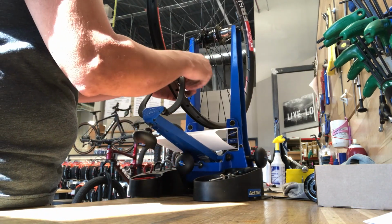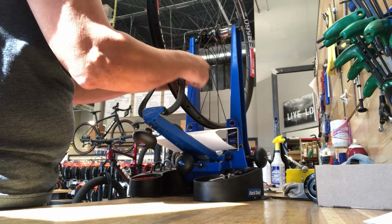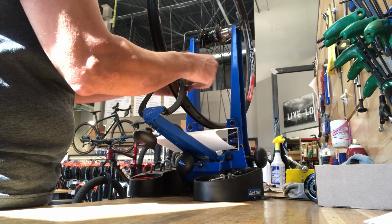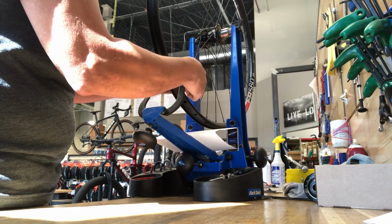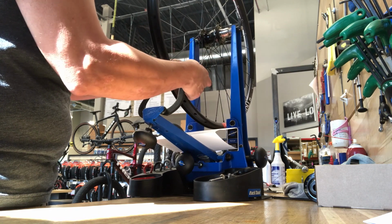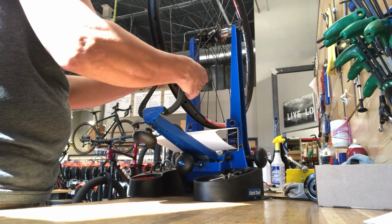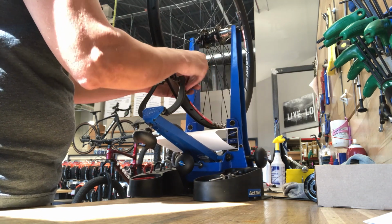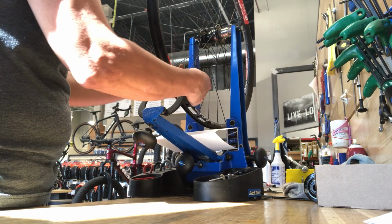So I'm going to be adding tension pretty evenly all the way around the wheel. On the drive side, I'm going to turn the spoke nipple maybe one full turn and then a half turn on the non-drive side, and that's going to bring everything up to tension. It's not going to get much radial up and down, but it's going to bring the wheel laterally into